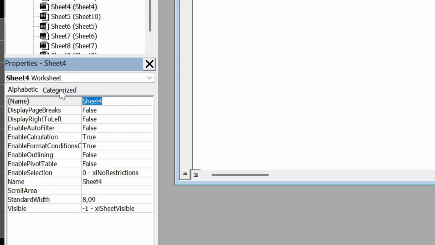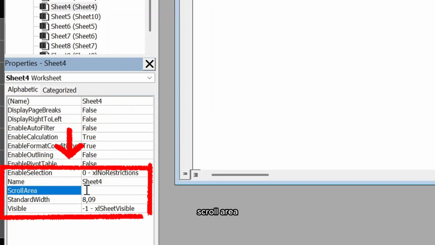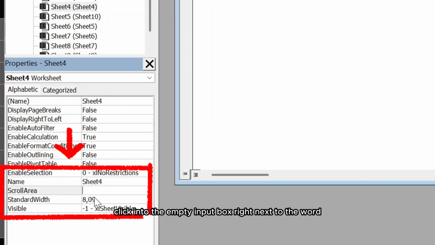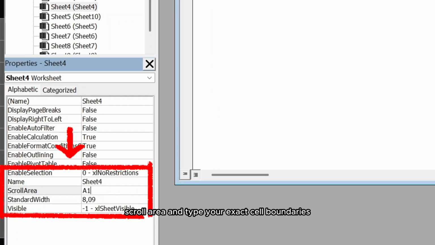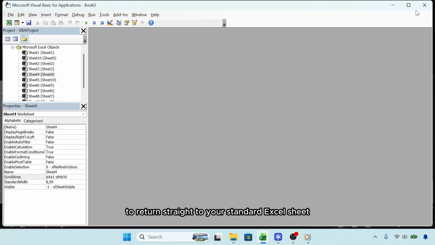it to appear. Scroll down through the alphabetical list of properties until you find the field explicitly labeled Scroll Area. Click into the empty input box right next to the word Scroll Area and type your exact cell boundaries, A1:M50. Close the VBA window by clicking the red X in the top right corner to return straight to your